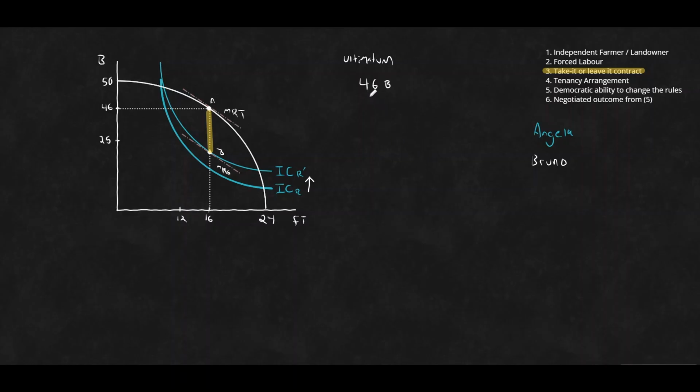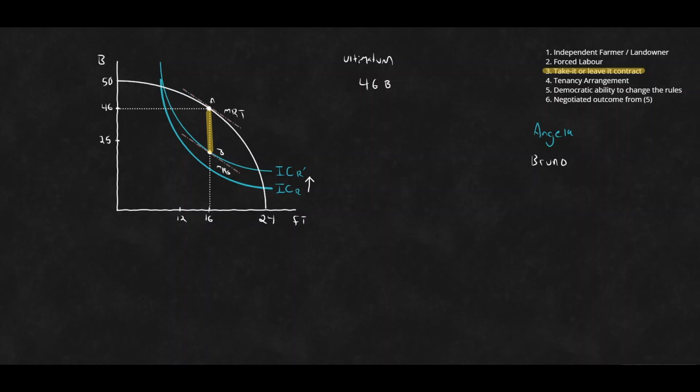He can decide, okay, I am going to keep some amount for myself and offer some amount to Angela. Keeping in mind, we've just come to the point where we're saying, hey, ultimatum is based off of this 46, but we reason why it's the 46 is because this is where it's the biggest benefit altogether to Bruno. And we've looked at this in the past with the slavery situation, and same thing would hold.